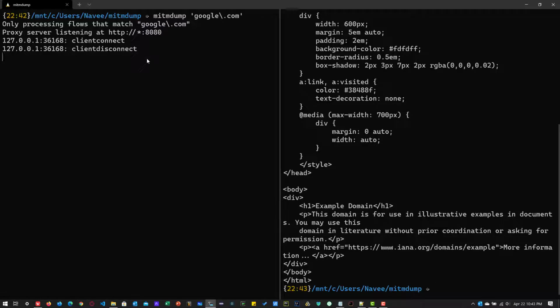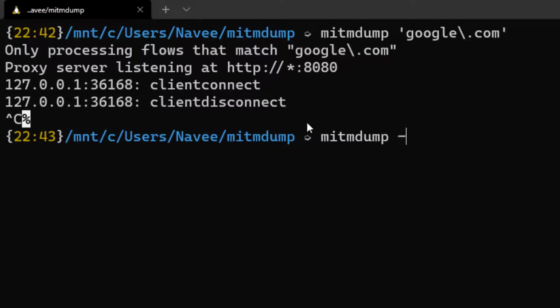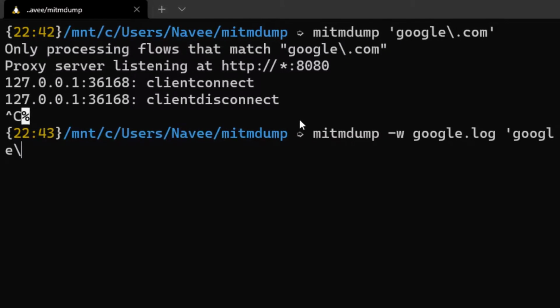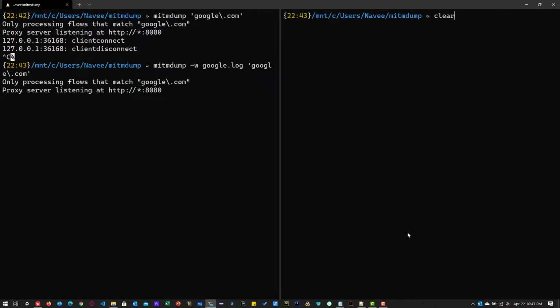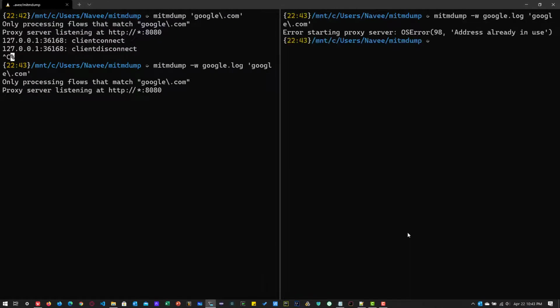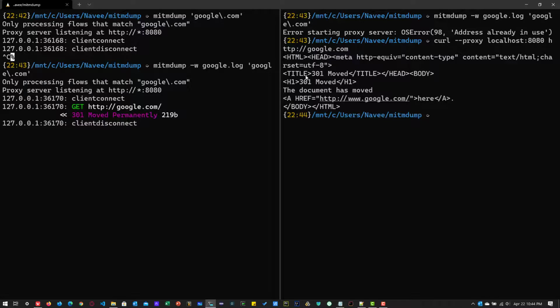To verify this, we can start writing this information into a file, say google.log, and we are going to make use of google.com in the regular expression. Now I'm going to clear my screen here, and I'm going to send the request to google.com. Sorry, not this command. We have to send the curl command. So now let us send the curl command like this, and as you see, it is getting captured.